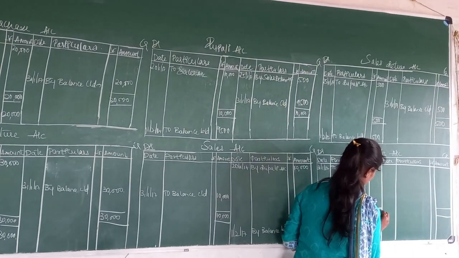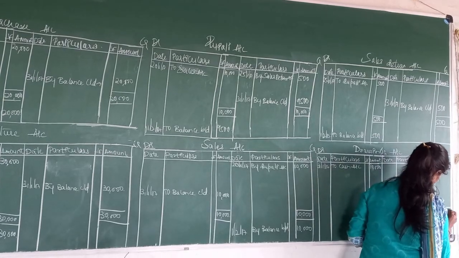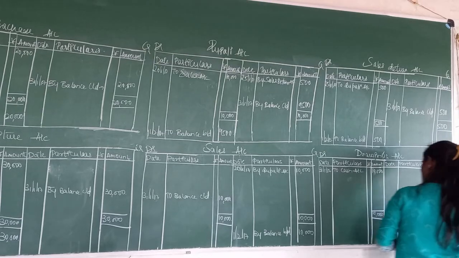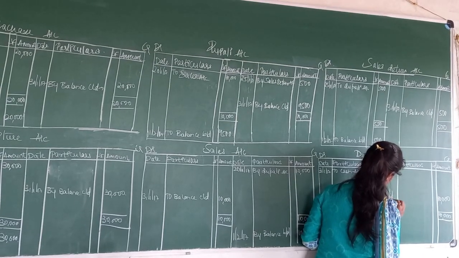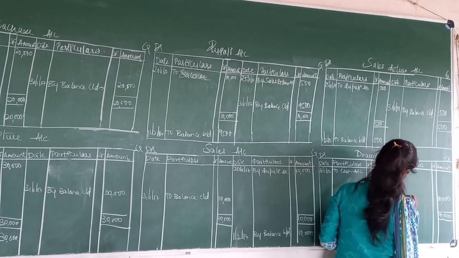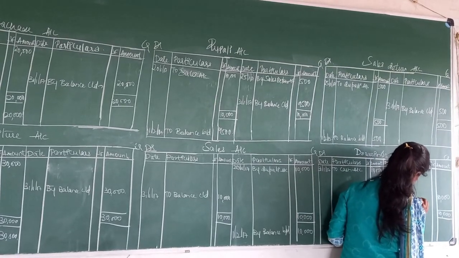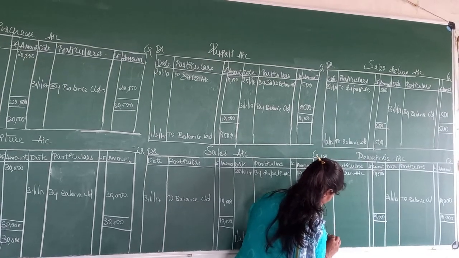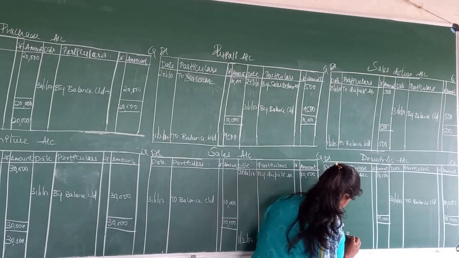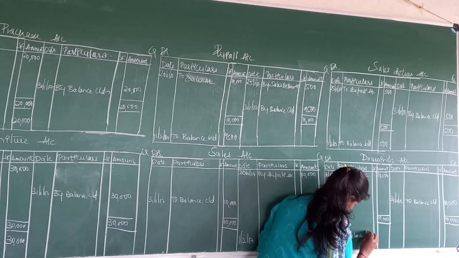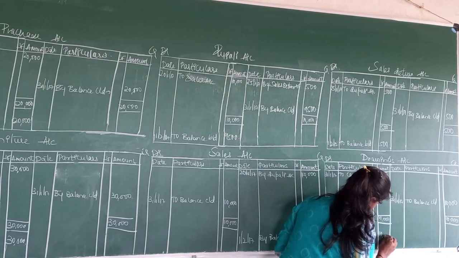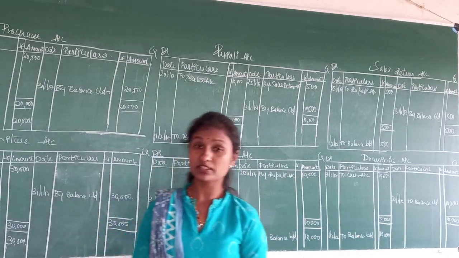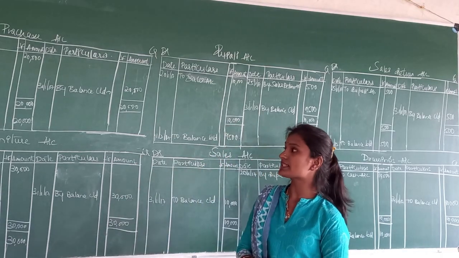Again we go for the tally here. This side we have 10,000, that side we don't have anything, that will go for tally. Then this side the full amount is missing, 10,000. For that I will write 31st 1/2017, to balance carried down, and on the opposite side 1/2/2017, to balance brought down, that is of 10,000. Yes, so this is the posting of the ledger accounts and the closing of these accounts.